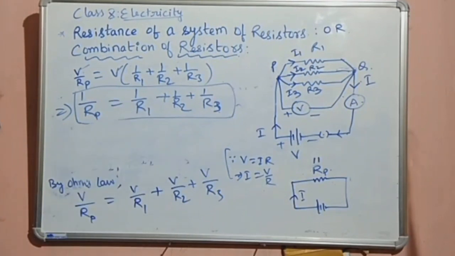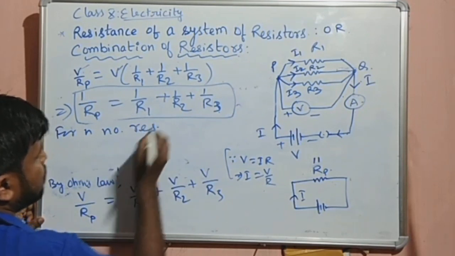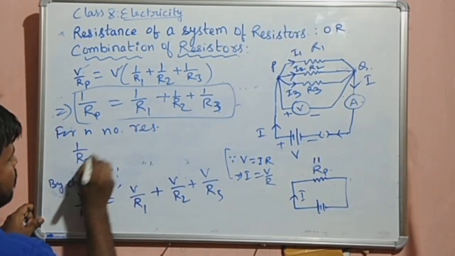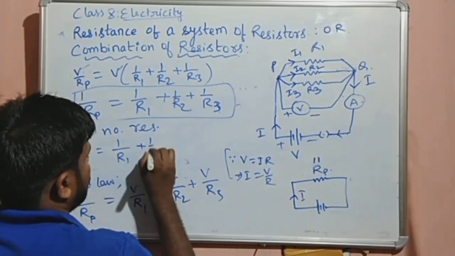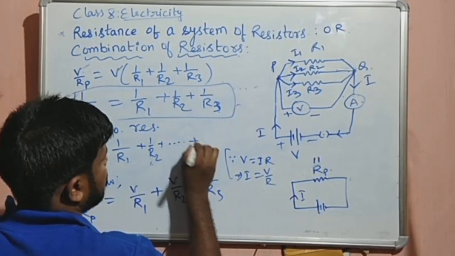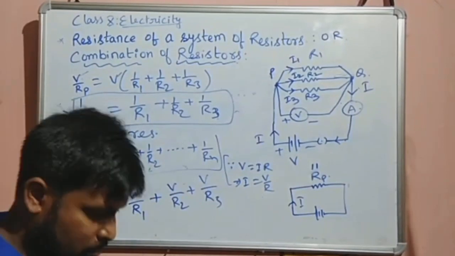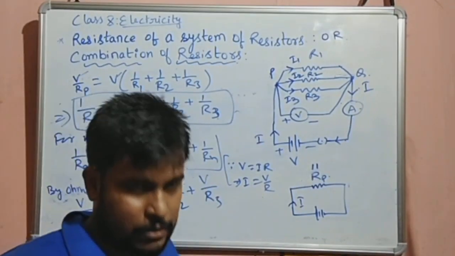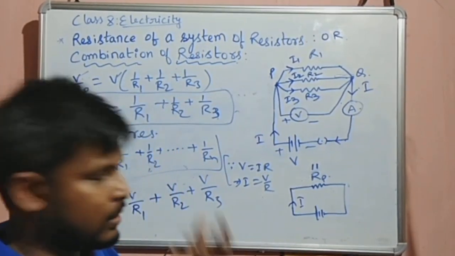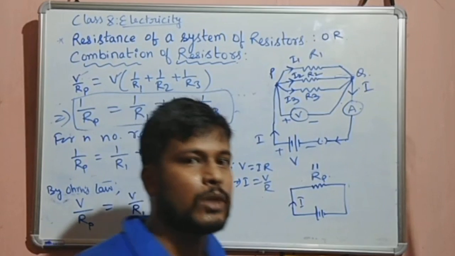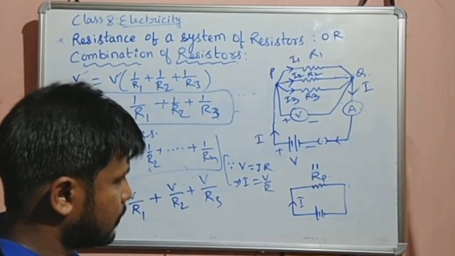For n number of resistors, what do you write? 1 by Rp is equal to 1 upon R1 plus 1 upon R2 plus, and so on, plus 1 upon Rn, for n number of resistors. That is the generalized case. How many resistors will you get? Maximum 3, 4, 5, maybe up to 5 in class 10. So this is how you will